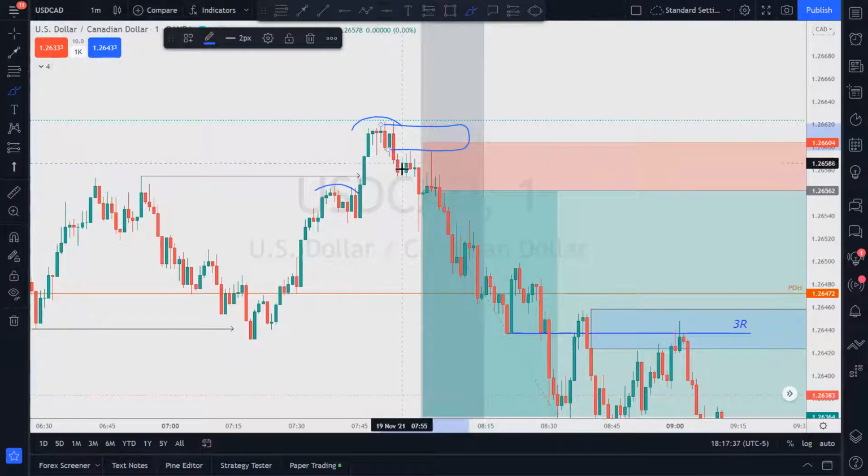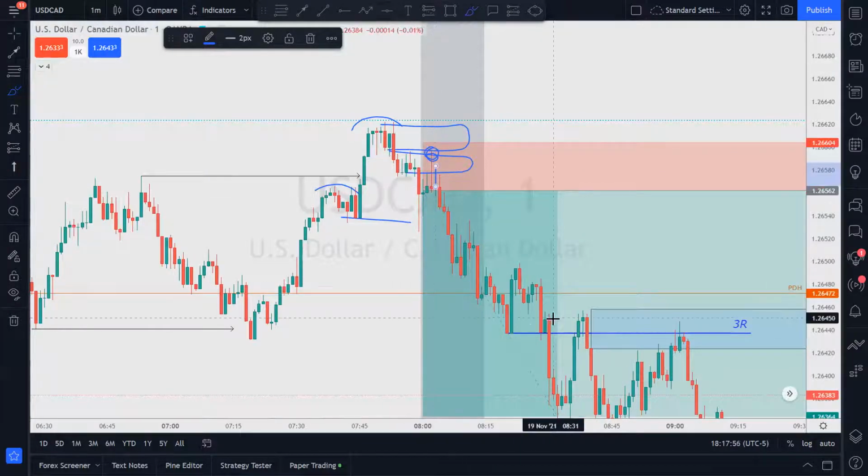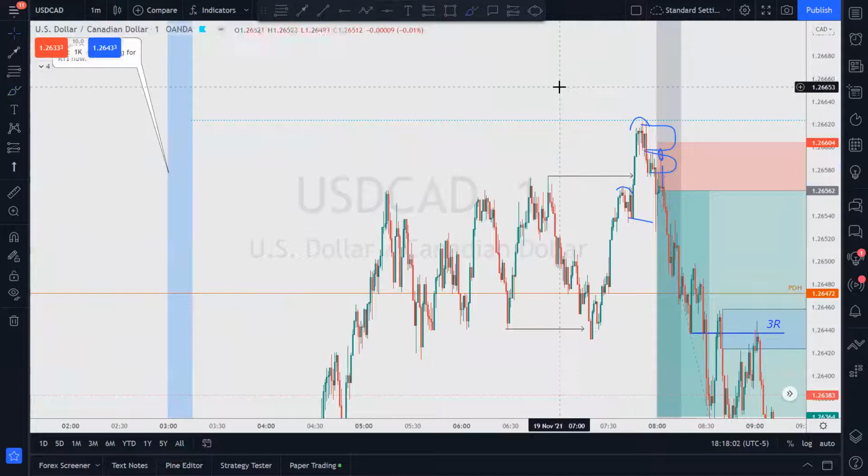As price kept coming down, and we made that break here of that structure, I was like, okay, return to impulse. So I'm looking right here, right? Price popped up, hit my POI, boom, I caught it on the way down. It happened kind of fast for me. But I did get in, and I got in with a decent stop loss.